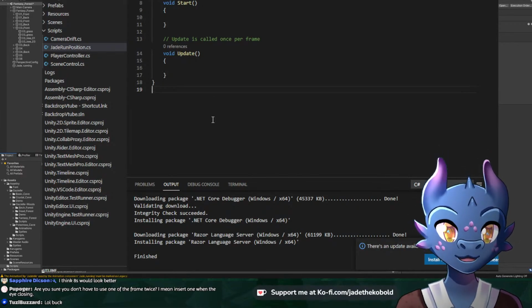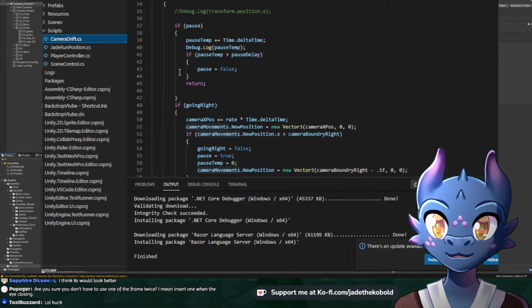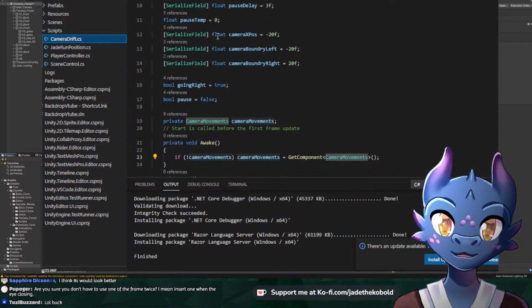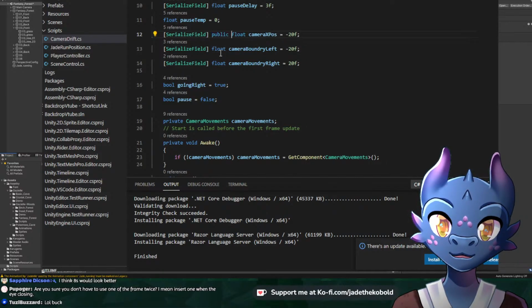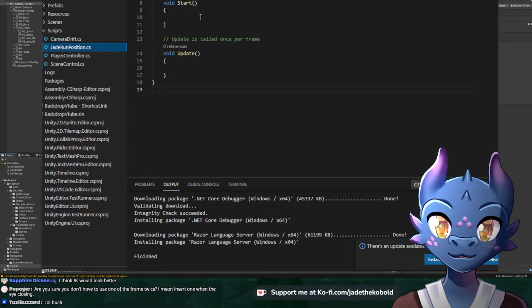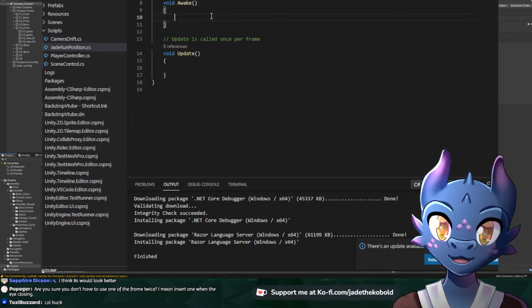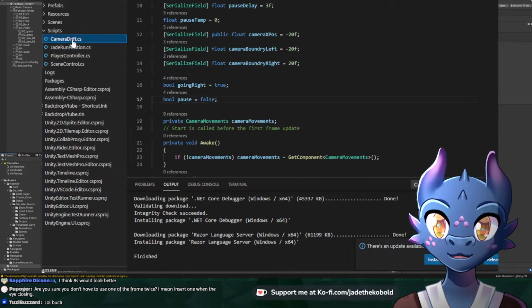Okay, so now what do we put in here? What is this thing even going to do? It's going to be pulling a lot from the camera drift, so what do I need here? Actually, I need the camera... Yeah, I need to make this float public. So in the Jade run position, on awake, what do I actually need in this? It's going to be similar to camera drift,